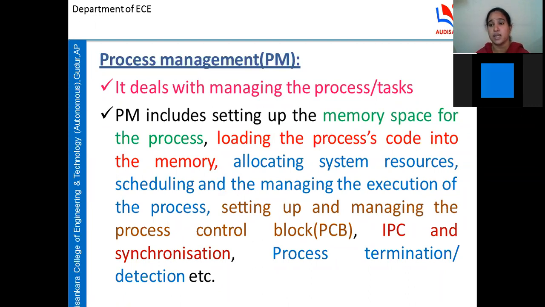Every process has its own process control block, which stores the unique ID assigned to that process, the starting and ending address of this process, the resources required for it, and the memory space allocated for this process. Every detail is held by this process control block, and each process has its own process control block.